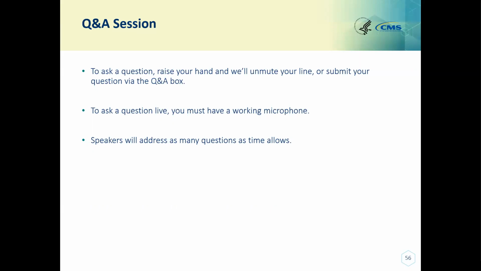Great. And the next question, if a small practice chooses not to report PI and the automatic reweighting occurs, what is the allocation for the weighting for the quality, cost, and improvement activities categories? It would really depend on how many categories are being reweighted. Generally, the 25 points goes to quality, but it depends on the allocation for all the other categories as well.